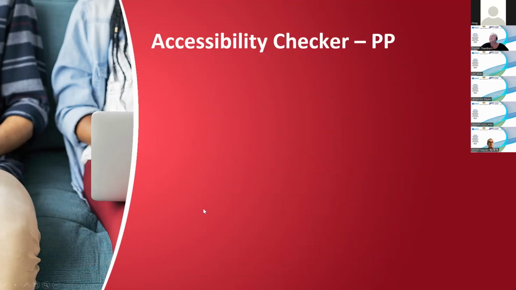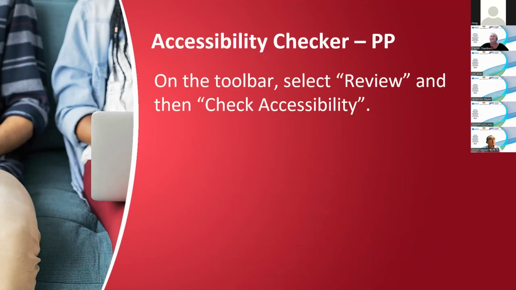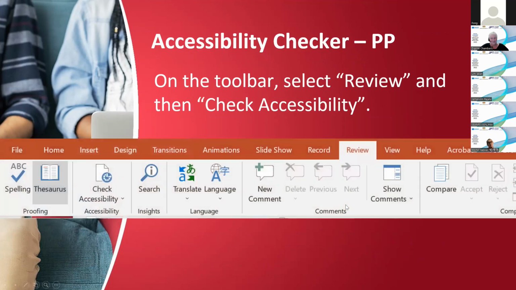Okay, let's have a look. So there is an accessibility checker. PowerPoint, Word, any of those documents have an inbuilt accessibility checker. I'm sure people may or may not have seen it, and they may or may not have used it, but this is particularly useful. On your toolbar across your PowerPoint slide, you'll see Review. If you click on Review, you'll see a check accessibility function. And that will actually check the accessibility levels in your PowerPoint and tell you what you need to do to fix it.